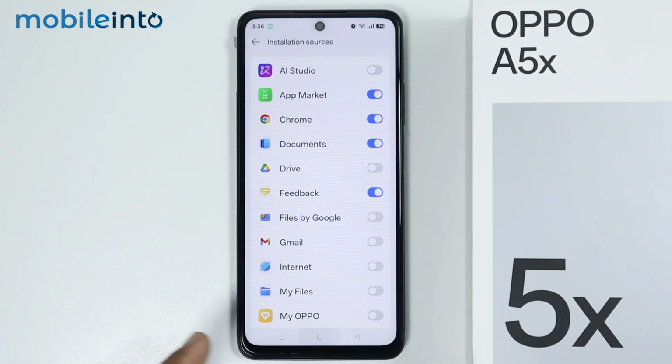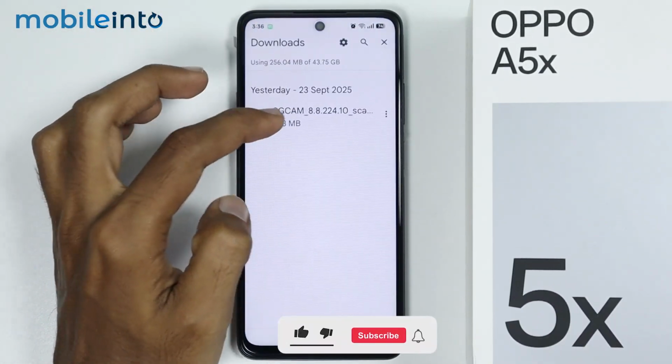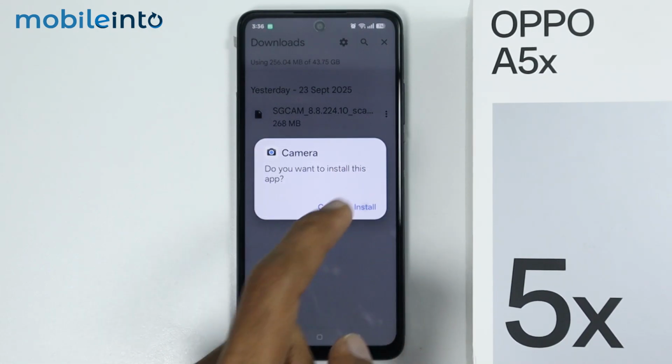After you do that, then go back to the app and try to download the APK. Now, as you can see, this is how you can enable APK permission on the